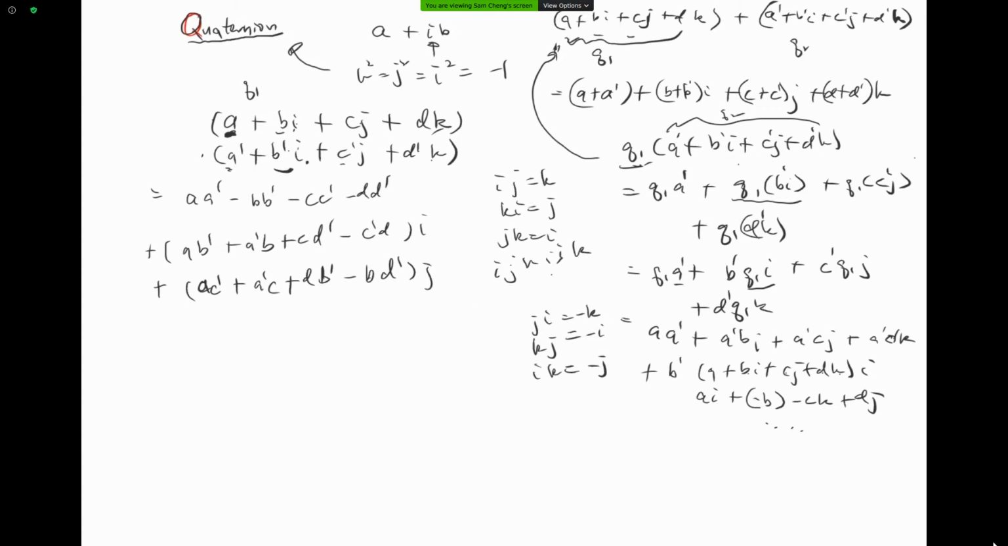Then lastly, grouping all the k terms here, I will get k if I have a multiplied by d pi here, and also a pi times d here, plus I have b times c pi minus b pi times c. So what's interesting is, maybe I look at the real terms here. The real part, if you look at that,